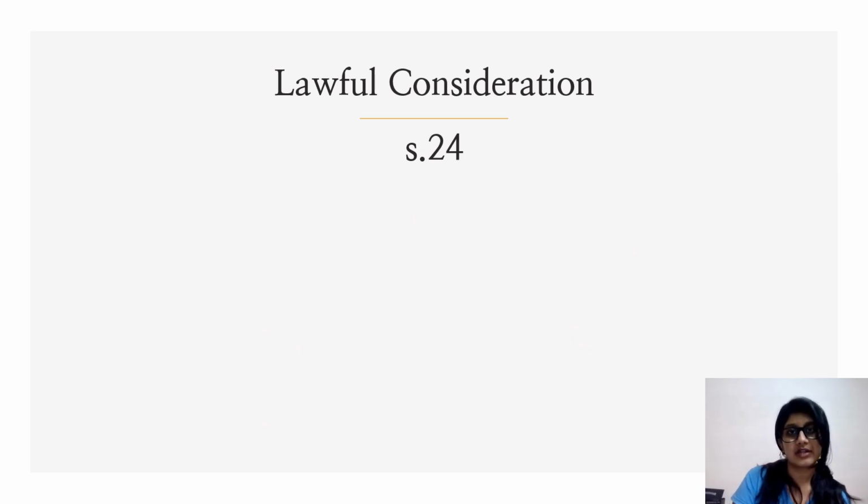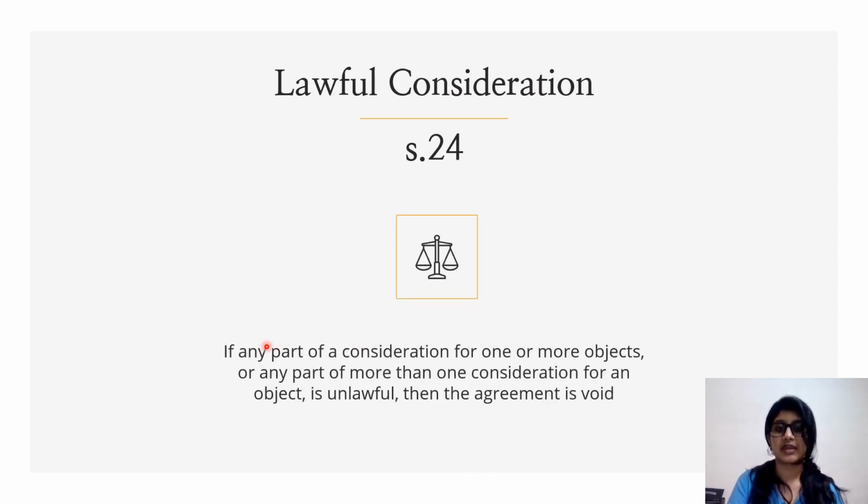When we talk about lawful consideration, it's also important to talk about section 24. Now, what does this section say? If any part of a consideration for one or more objects, or any part of more than one consideration for an object, is unlawful, then the entire agreement is void. So it doesn't matter how many objects there are or how many considerations there are or how many parts they are divided into. If any consideration or any part of any consideration is seen as unlawful, then the entire agreement